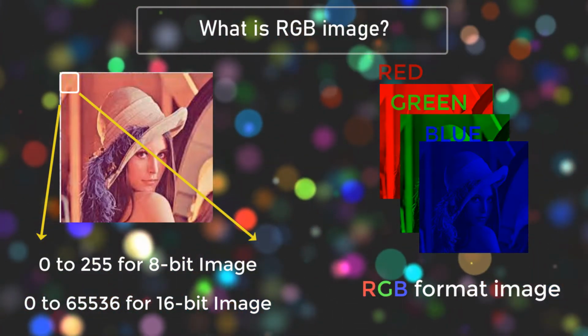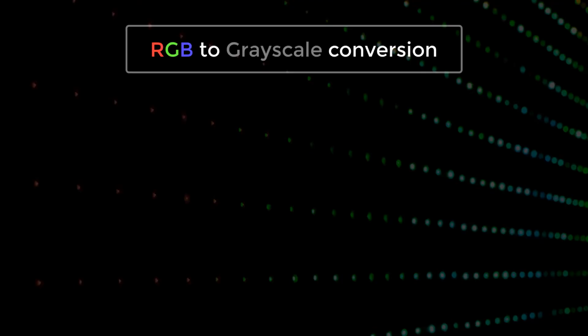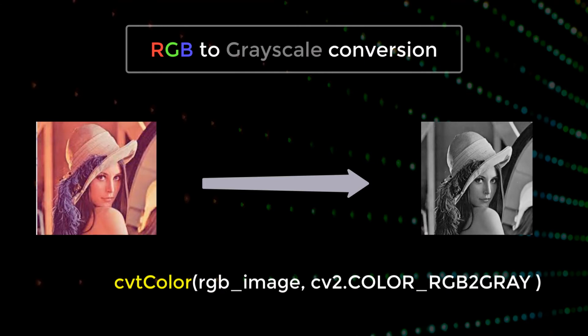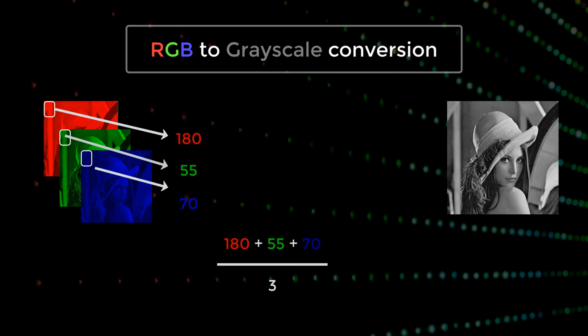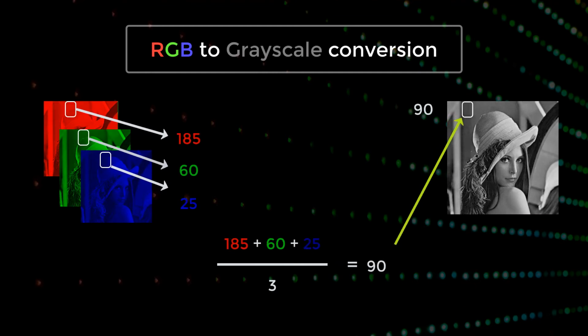Now the significant question is, how do we convert RGB image to other image types? RGB image can be converted to grayscale image with just one command called cvtColor from OpenCV library. But let's try to understand what's actually cooking under the hood of this function. Simplest way of converting a color or RGB to gray color format is by taking mean of all color intensities. Each pixel of grayscale image will be an average of pixel intensity value of red, green and blue color.